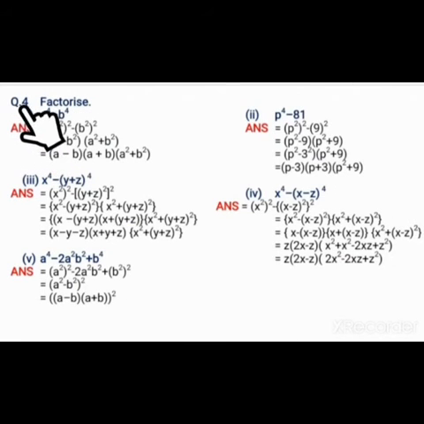Now next one, question number 4, factorize. This one is the same as question number 2 that you already did. Now here the exponent, or power, is 4, so you have to split the power. 2 2s are 4. So a square whole square minus b square whole square. It means here the identity a square minus b square, where one is negative and one is positive: (a square minus b square)(a square plus b square). Now here a square minus b square, again you have to split with the identity: (a minus b)(a plus b)(a square plus b square).